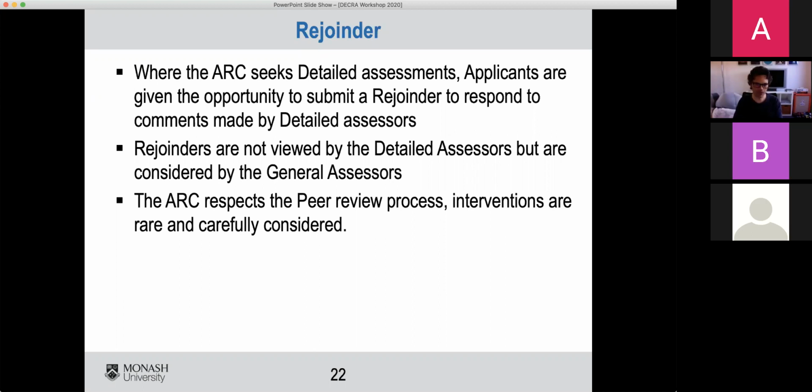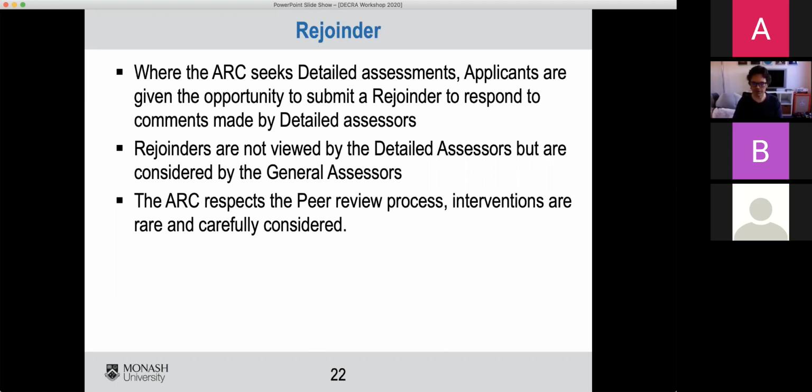The ARC takes the peer review process seriously. It respects it. It doesn't intervene in it. They don't want public servants getting involved in the process wherever possible. But interventions are possible. So we have an example within the faculty of a DECRA, I'm going to say 3 years ago now, maybe 4, where the detailed assessor very clearly did an extremely personal hatchet job.